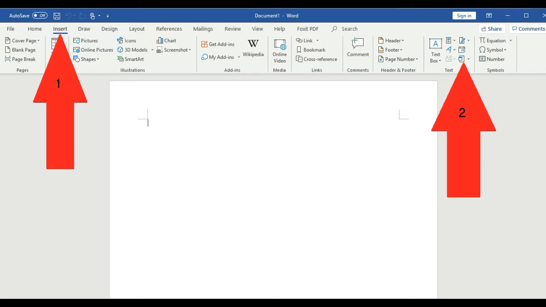So for tactic number 1, open a new blank document, and on the toolbar of the blank document, click the main tab that says Insert on the top left there. It's right next to File and Home. And then select Object. It's on the far right side. Depending on your version of Word, it may or may not be labeled. So it looks like this.